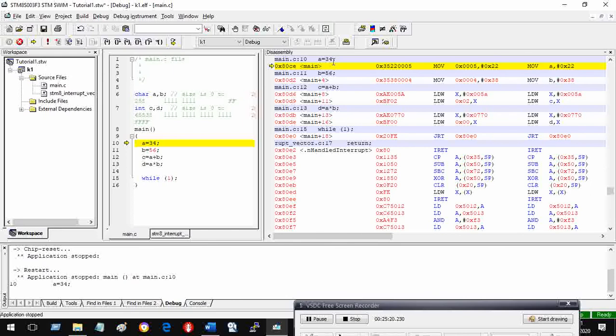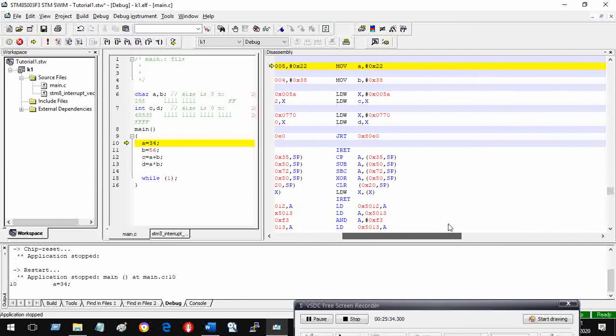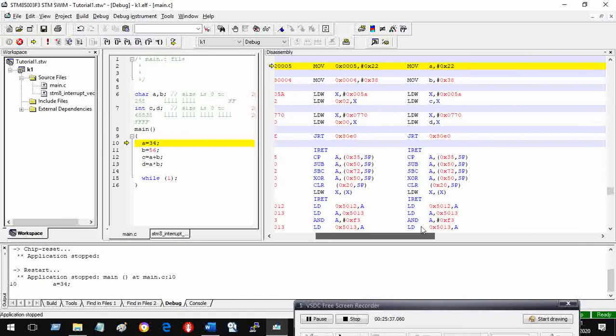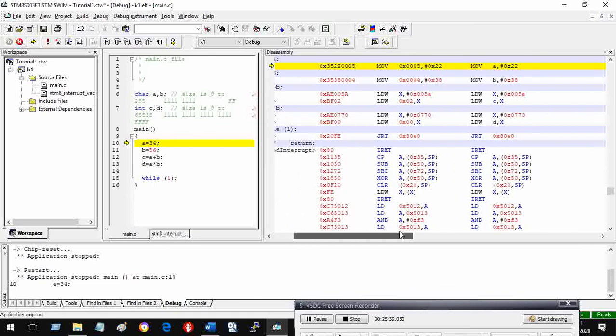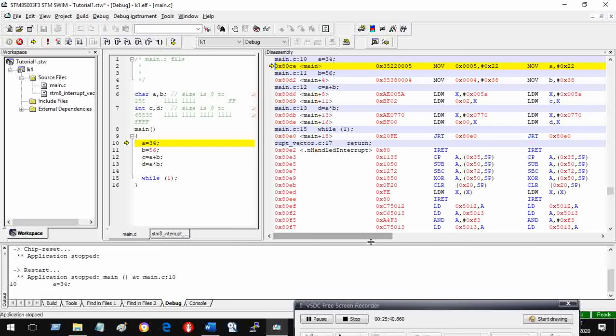Then it has converted this statement into an assembly language code, and then it has made machine language of this. You only see the assembly, not the machine code. Machine code can be seen in a slightly different way. So this is what we get eventually.